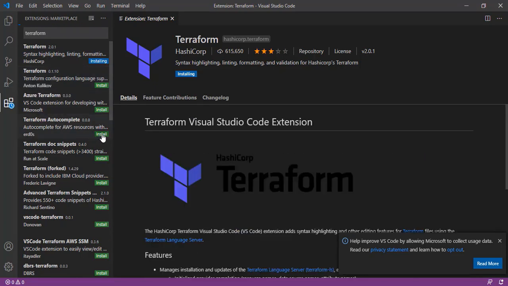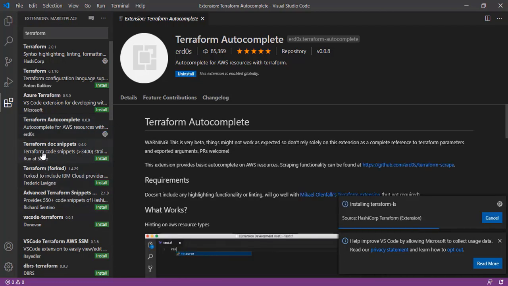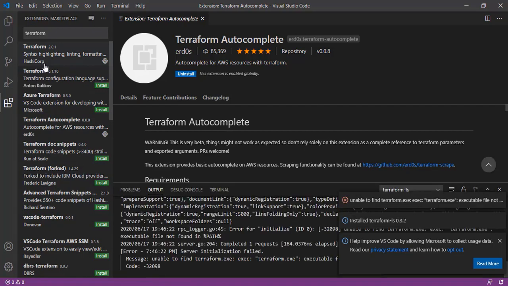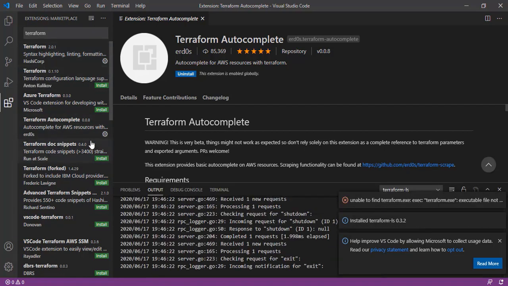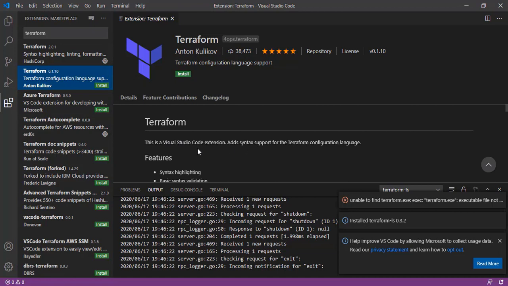You can click the green install button. It will get installed. It's up to you what plugins you will need, but for me these two are enough. The main reason we are using these plugins is to highlight syntax errors, and to help while typing the code by auto-completing certain parts of the code. That is why we install these Terraform plugins.